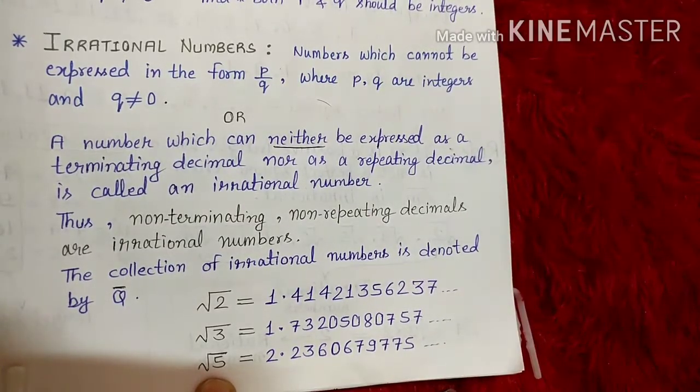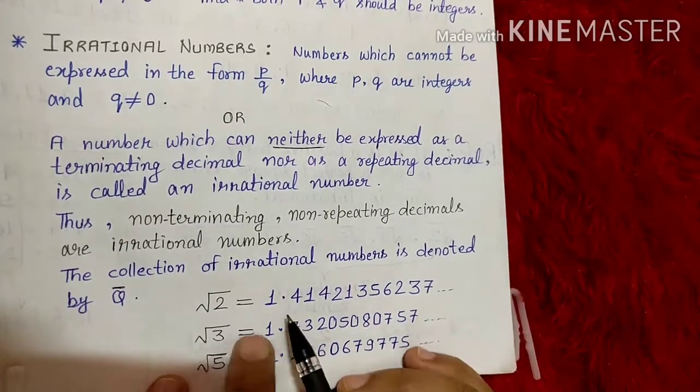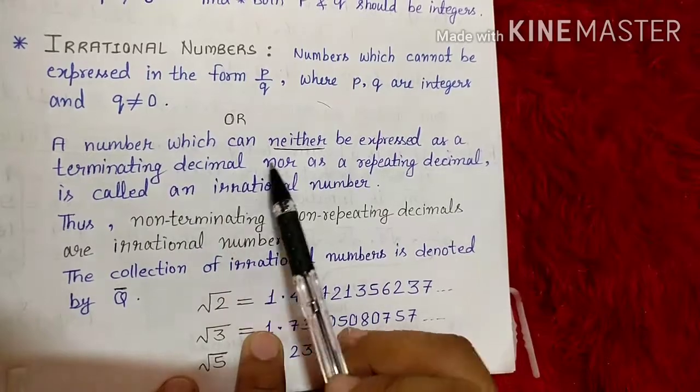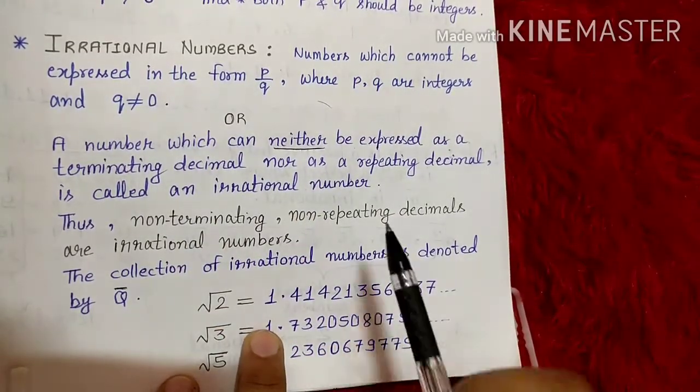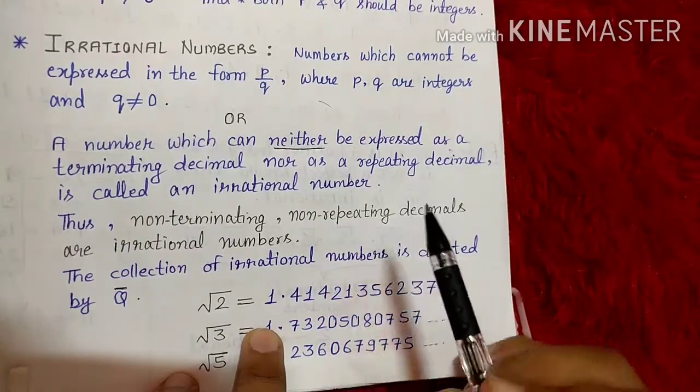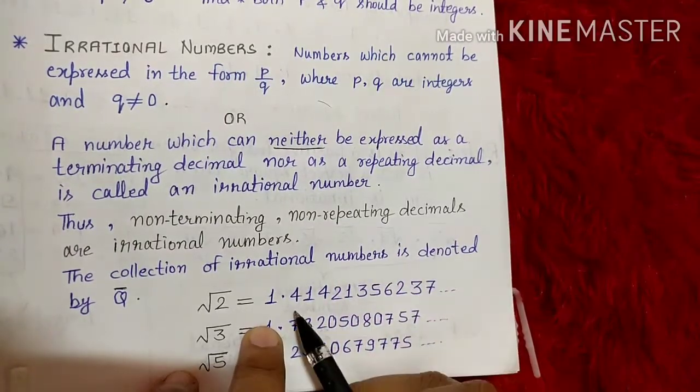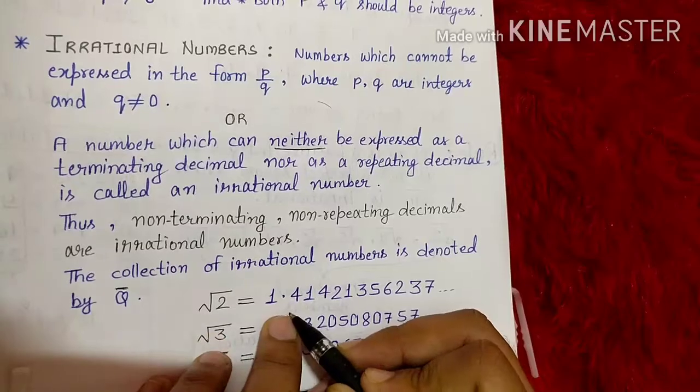2.64575131106 and so on. So what we need to observe here is that they do not terminate. As we have learned, they cannot be expressed as terminating decimals, so they are not terminating. Then the second type we learned under rational numbers is repeating decimals. Are they repeating decimals? Just look here,